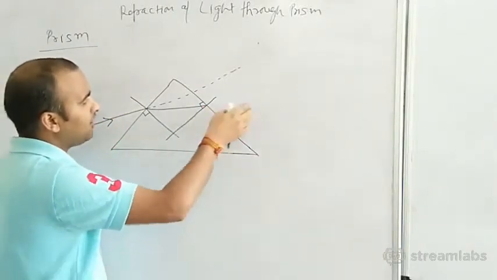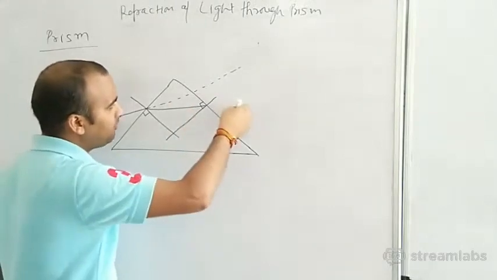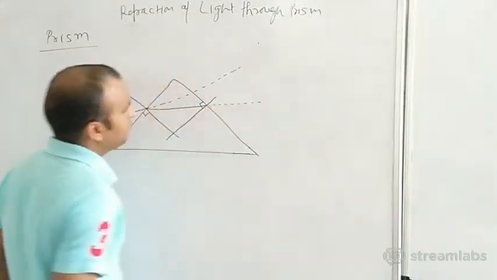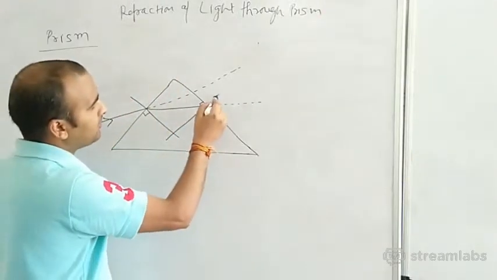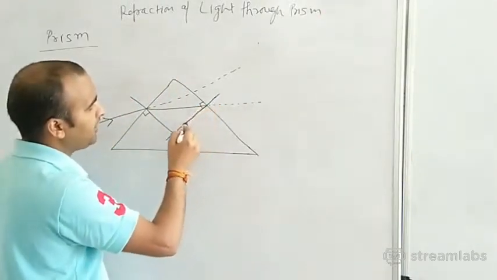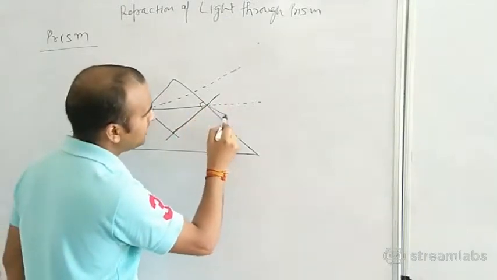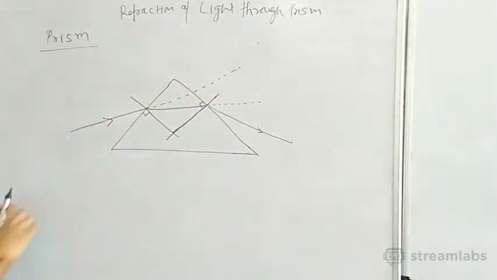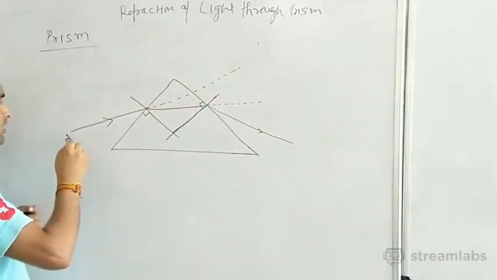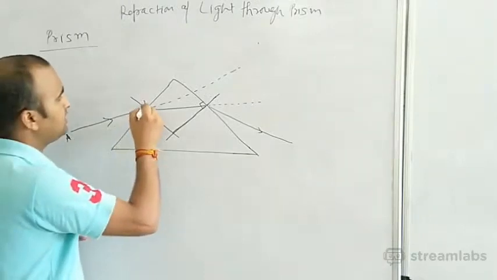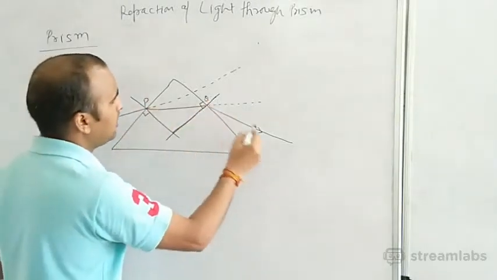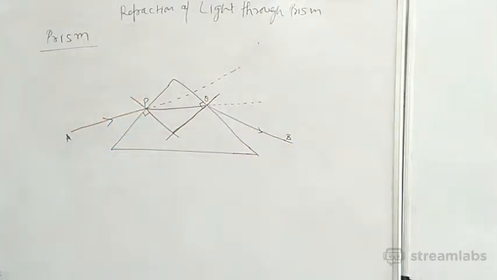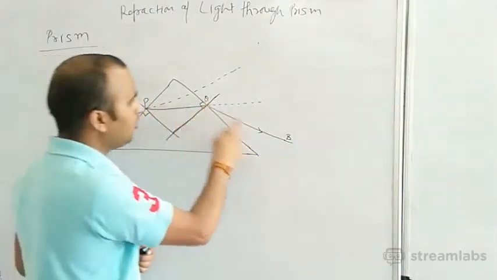Again the light is passing out from denser medium to rarer medium. So the original path of the light is like this way, original path is this one, but it bent away from the normal. This is the normal, it is bent away from the normal, means the light is going like this way. Okay, so what is the path of the light? Suppose this is A, here is P, this is Q, and suppose this is B. The path of the light is A, P, Q, B.